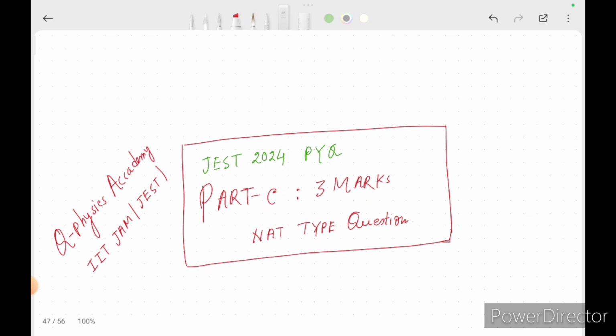Actually, JEST examinations have common questions for BSc students as well as for MSc students. But those pursuing MSc already know the advanced topics like group theory, rotational matrix formula, perturbation theory, and WKB approximations, etc. This type of advanced topic is asked in your exam question paper. But for those pursuing BSc first year or BSc third year, who recently completed their JAM examinations,